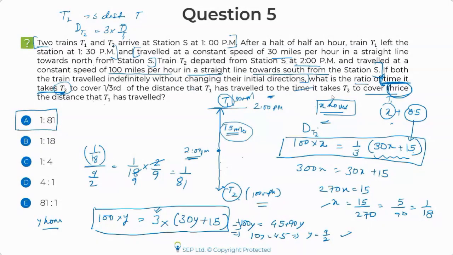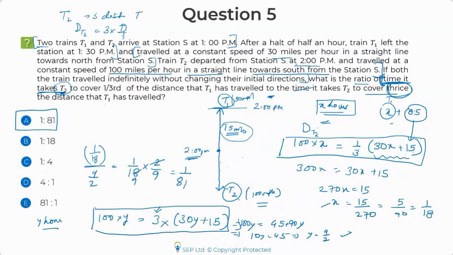You're saying you did not understand which part. Where did I do 150 times 2? I cannot see. Where did I do 150 times 2? Jan, I'm not sure which part you are talking about. This part is simply 100. That was, I was trying to explain it to you when I took 2 hours. Okay, 2 hours was just a way of explaining it to you. Otherwise, I'm taking an X and solving the question.